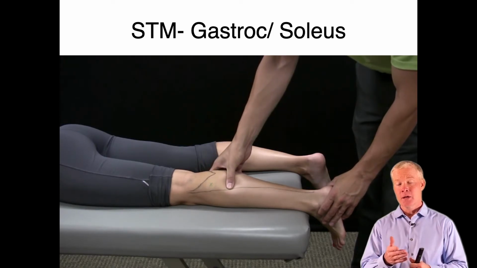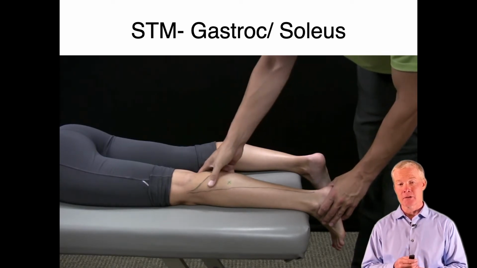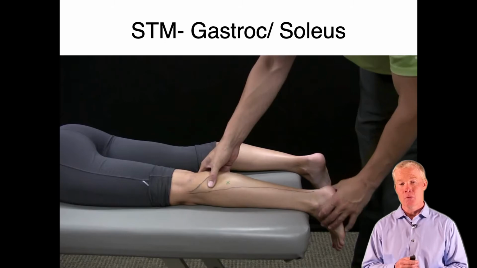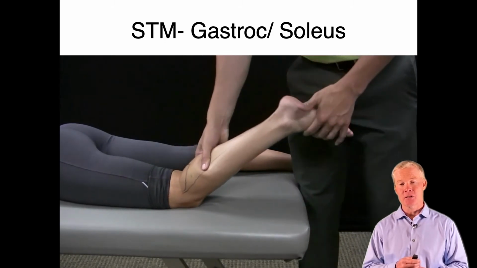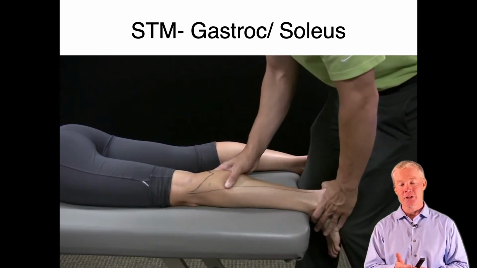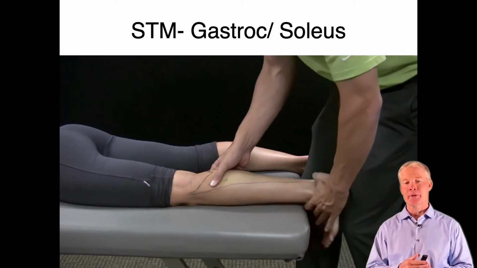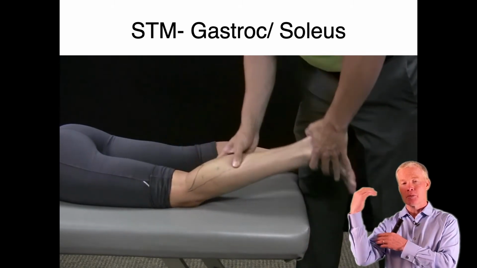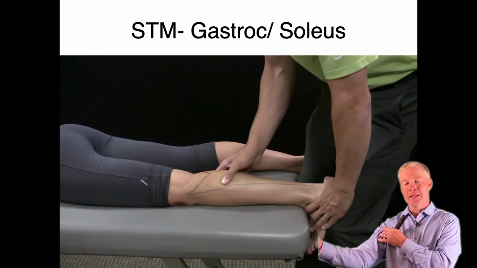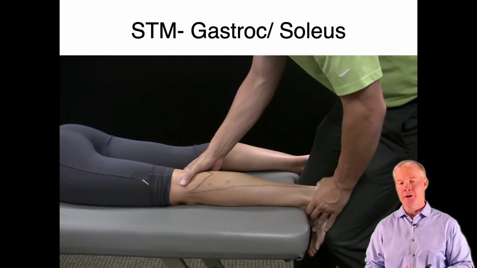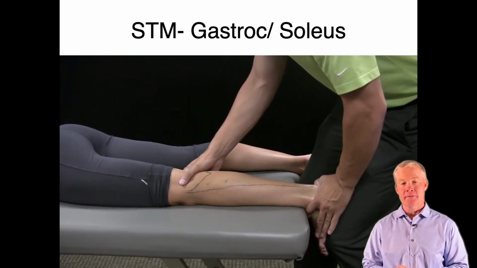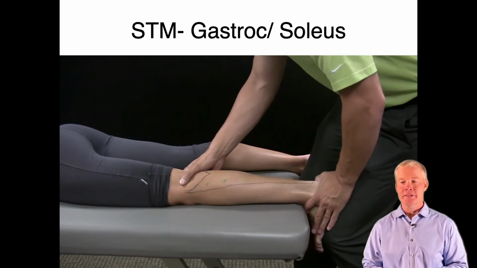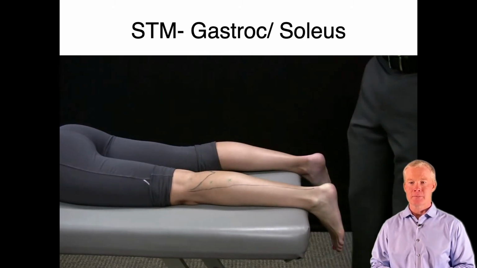So we can do a myofascial stripping, as you're seeing Dr. Steele do, or a pin and stretch, where we shorten the muscle, drop it down as we take that patient's ankle into plantar flexion and strip over the top of that trigger point. Again, same principle: shorten the muscle, trap the trigger point, lengthen the muscle as we strip our thumb over the top of that trigger point, which in the case of the gastroc and soleus are oftentimes proximal trigger points.